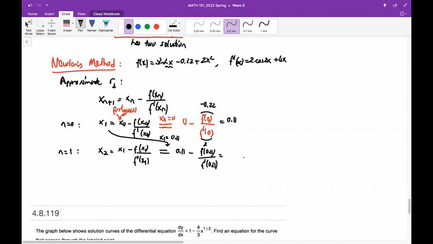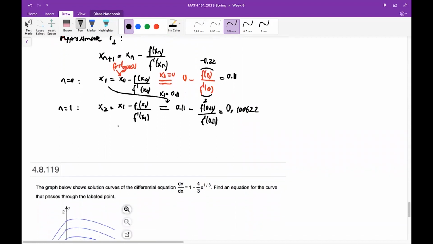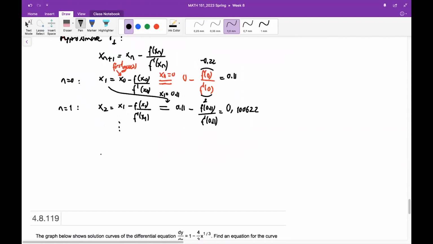By using calculators, you can find the value of this. Let me write the value that I found by using my calculator. I found the value like that. And if you keep applying this process for the next steps, you will find x3, the third approximation, as 0.100564. And the next approximation, fourth level approximation, will be